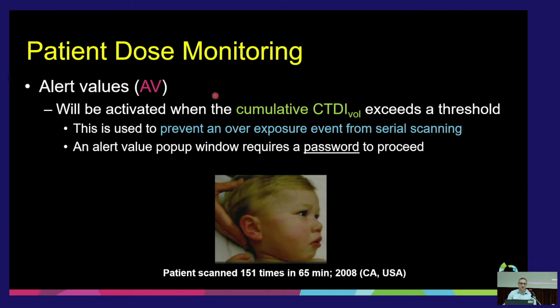And most systems come with a preset of about 1,000 milligray. So you have to ask yourself, is 1,000 milligray as a cumulative dose sufficiently low, or is it too high of a threshold to prevent an accident like this from happening? So you need to